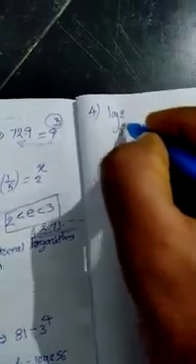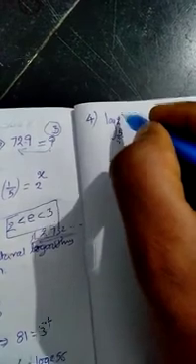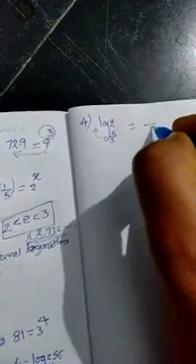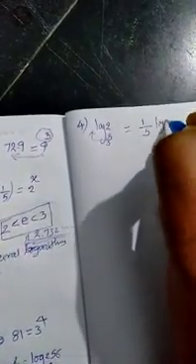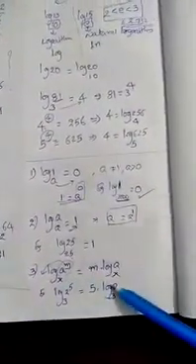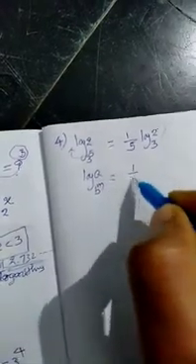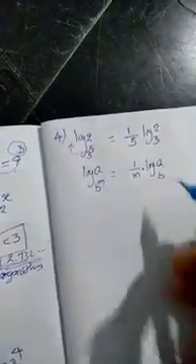Now while you are writing this, children may get doubts: sir, if the value is a normal value and the base has a power or exponent, for example log 2 base 3 power 5. Here the value doesn't have the power, the base has the power. In this case also 5 will come this side, but as the denominator, so it will be 1 by 5 log 2 base 3. If the power is on the base, it comes as 1 by 5. Then generally we write this formula: log a base b power m is 1 by m into log a base b.